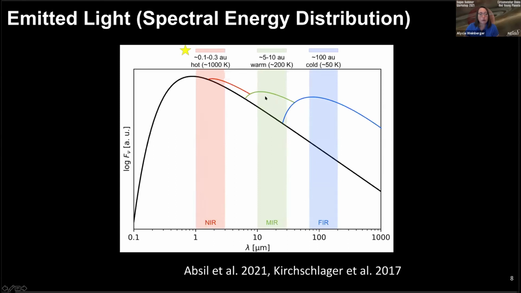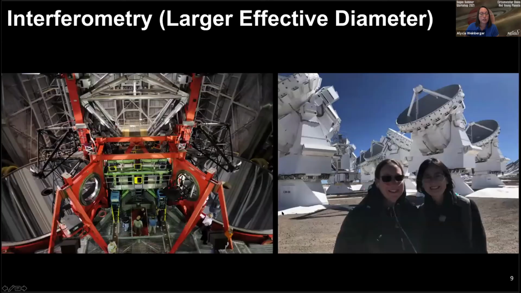Whereas if you're looking at warm dust, that gets a little bit harder to distinguish from the star. You're looking more on astronomical unit scales, at a few hundred to 1,000 Kelvin dust. So in order to find this warm dust, that Mark also talked about in his talk as being perhaps indicative of comets coming in or planets perturbing a system, you need to actually resolve this dust from the central star, because this amount of infrared excess is often not detectable above the background of the star. And so to do that, we need interferometry, because we're working at long wavelengths, and we need to synthesize the diffraction limit of a large telescope by using multiple smaller telescopes.